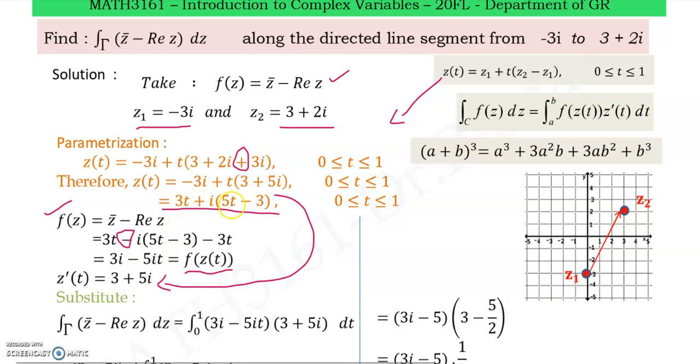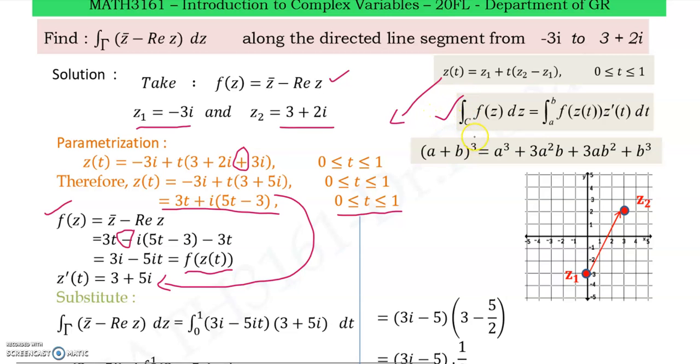Now here this will be 5 into 1, 5i, so 5i. This is the constant. If you take the derivative, it will be 0, so that z dash is nothing but 3 plus 5i. Okay, now what we have completed, we found f of z, we have calculated z dash of t, we know the limit always, what is the limit for t, 0 to 1, so that now we can substitute